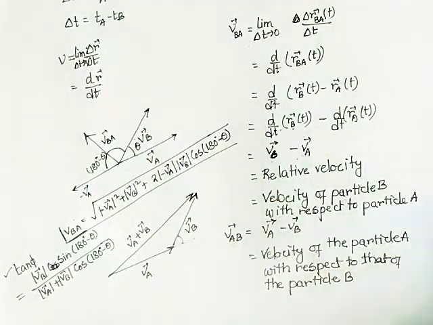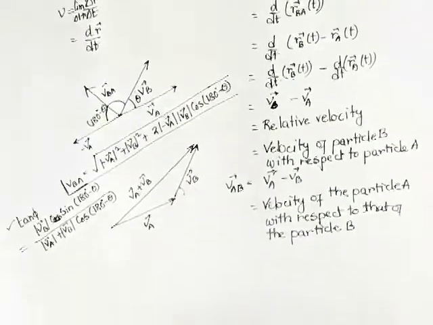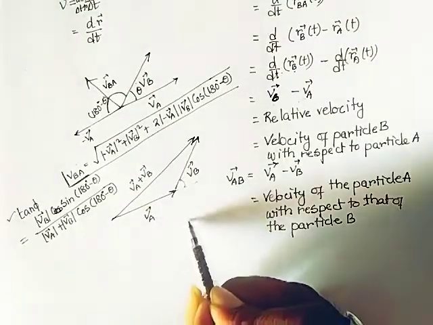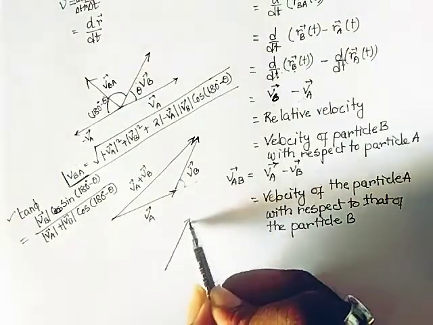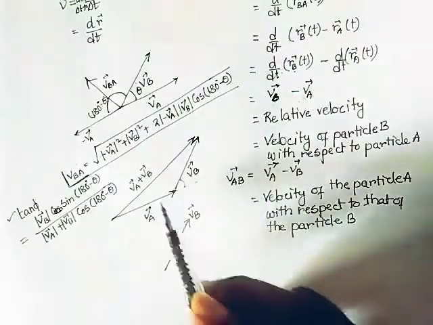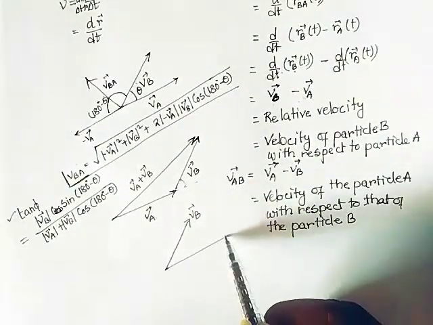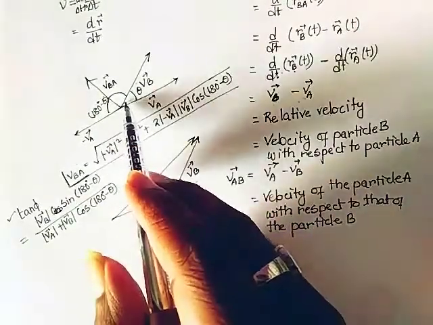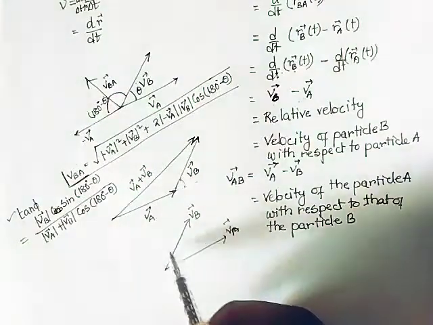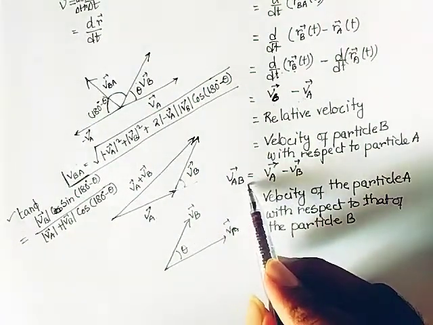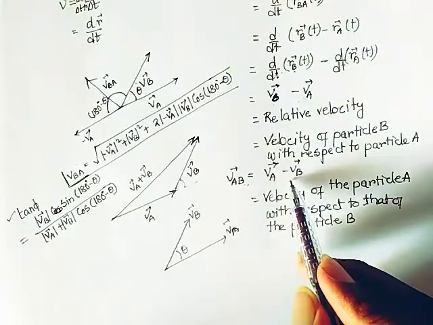But if I want to calculate VAB, the relative velocity between VA and VB, then this is the VB vector and this is the VA vector. I take the previous orientation here. The angle between them is theta. But if I want to take the VAB, then the VB should be